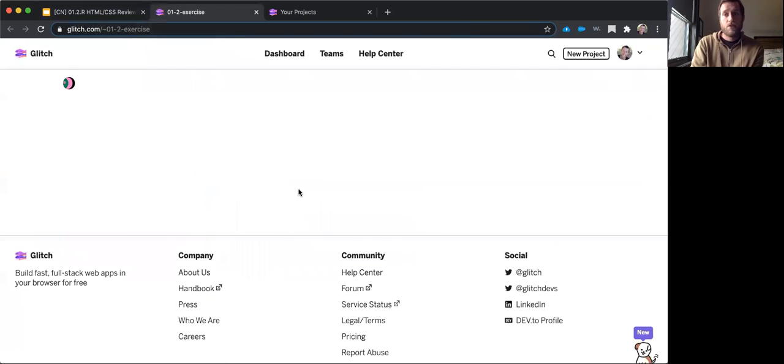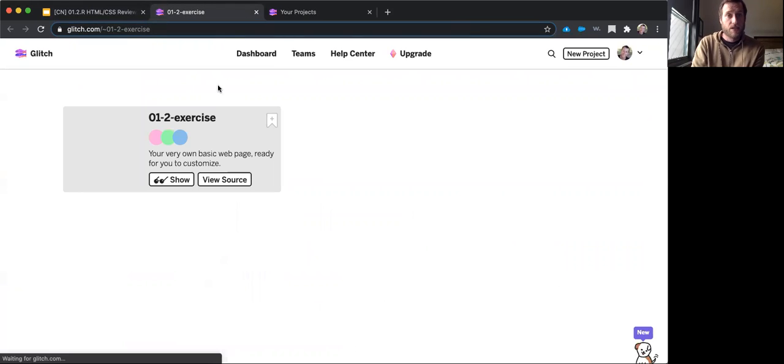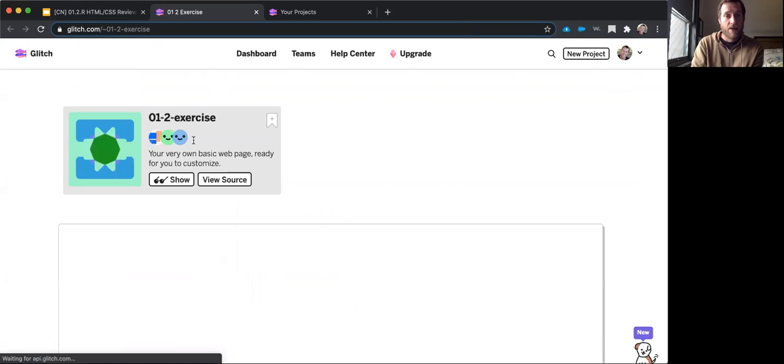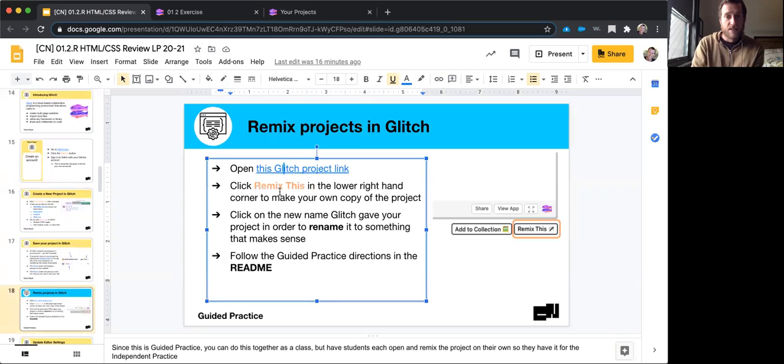When you open it, you should be logged in at this point because you linked your GitHub account, and then we have it right here, 1.2 exercise. So then it says click remix this in the lower right hand corner to make your own copy of the project. Click on the new name Glitch gave your project in order to rename it. That's something that makes sense to you. Just like we did in PopCode, you're renaming it something that makes sense, and then follow the guided practice